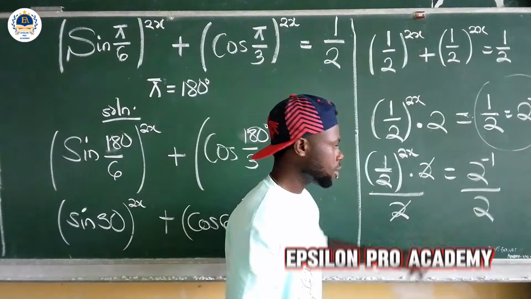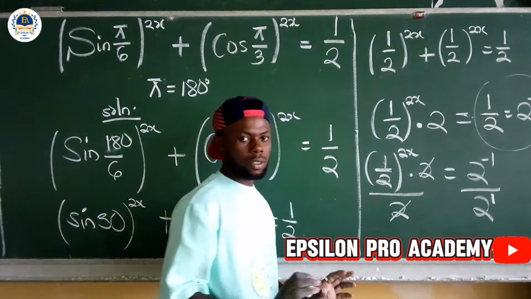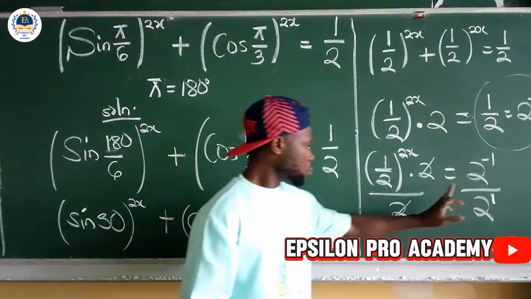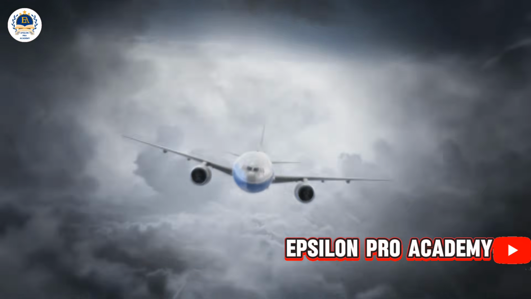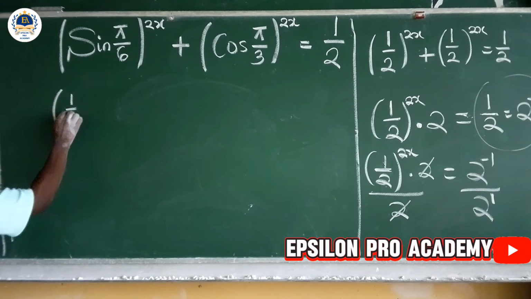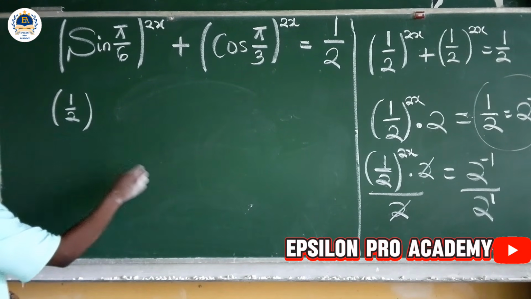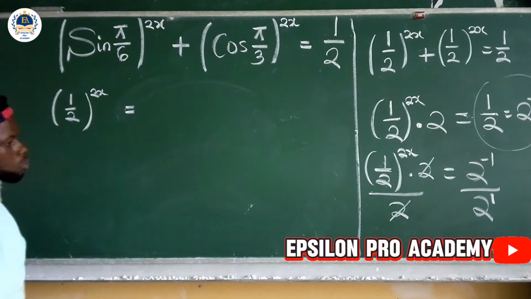But note that 2 is the same as 2 raised to the power of 1. Just note that 2 and 2 raised to the power of 1 are the same result. After cancelling out, we are left with, in bracket, 1 over 2 is raised to the power of 2x equal to,